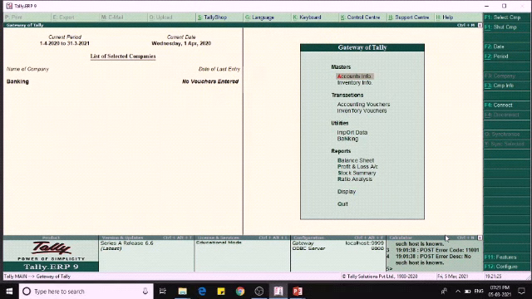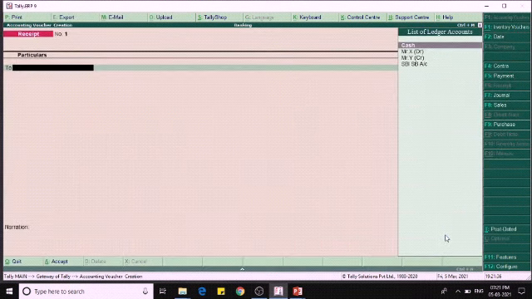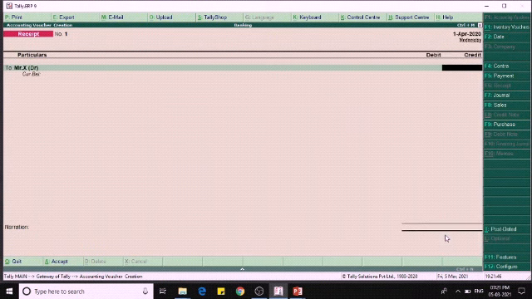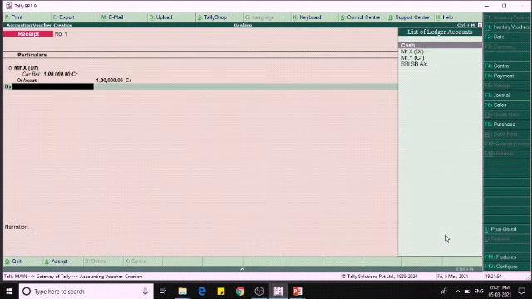Now I will open Tally. The first one is the receipt voucher. Now we go to the accounting voucher. F6 is the shortcut key for receipt voucher. For example, received from Mr. X, 1 lakh on account to SBI SB account. Before entering the receipt voucher, the necessary banking configuration must be set.